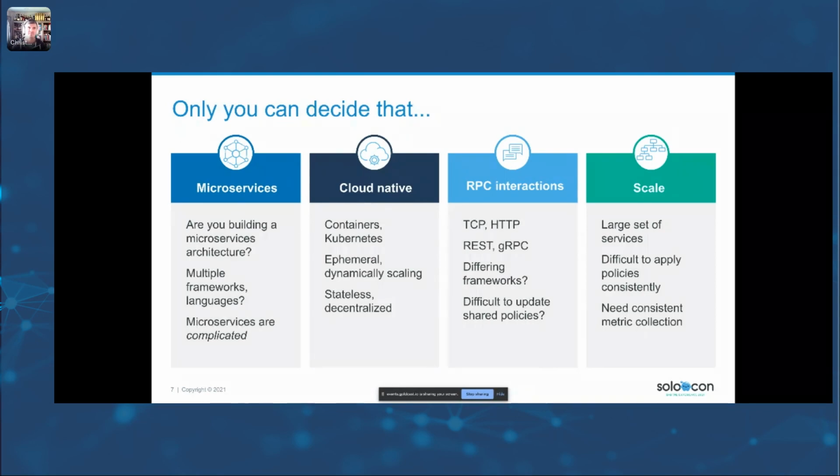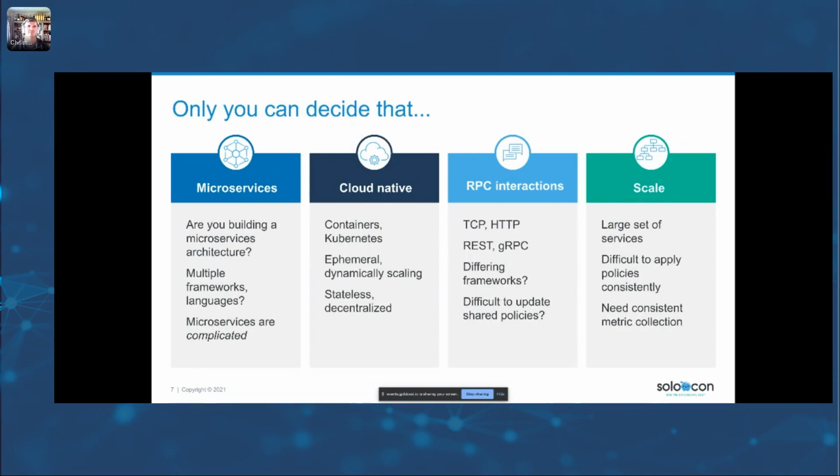And lastly, with all the different languages and frameworks that you might have on ephemeral infrastructure that use RPC style communication across a lot of different services, across a lot of different boundaries, managing that, applying security policies to that, keeping those things consistent, understanding when things partially fail, how to debug them, how to figure out what's going on.